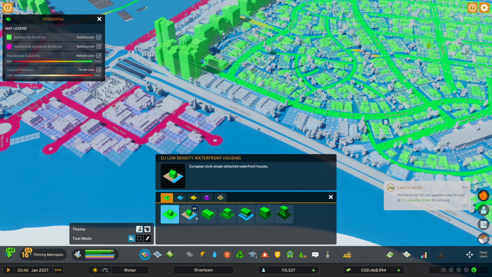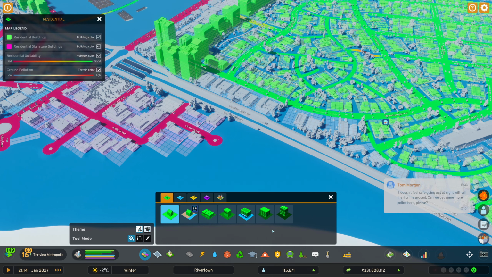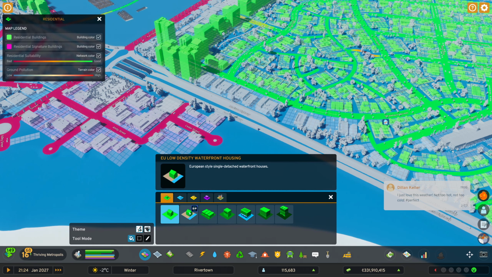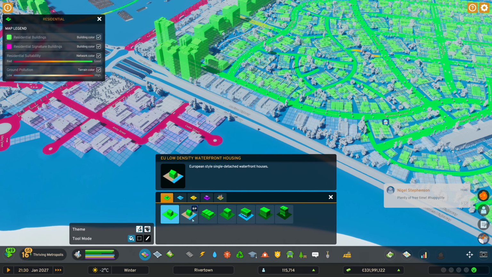And I'm a bit concerned about this because what I'm thinking is that as we release more and more asset packs, these will start getting very busy, and doing just the basic zoning that you want might get quite messy. I'm just concerned about that, thinking about the long-term future of the game, right? Because I don't think this would be the right area to do this, but at the same time, I don't know if there